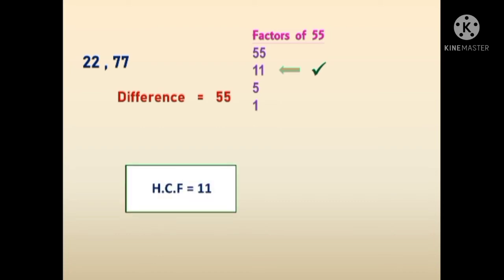Next, we are going to find the HCF for the numbers 8, 12, 20 and 36. If you notice the question, here we have 4 numbers, that is, we are going to find the HCF for 4 numbers. So far we have seen examples with only 2 numbers. If you have 2 numbers, we will get only 1 difference. So, it's very easy to find the HCF.